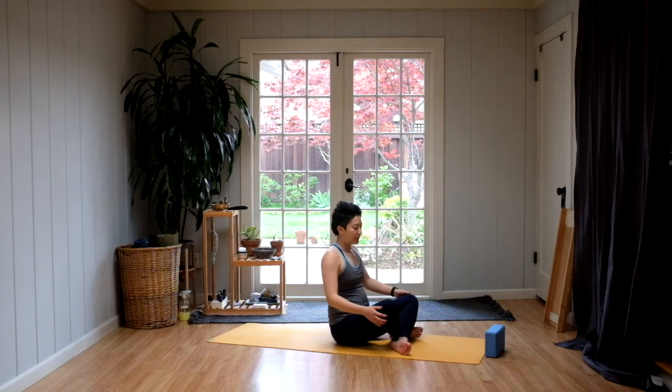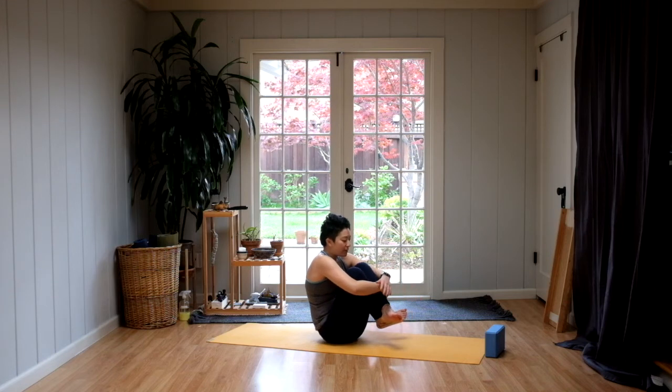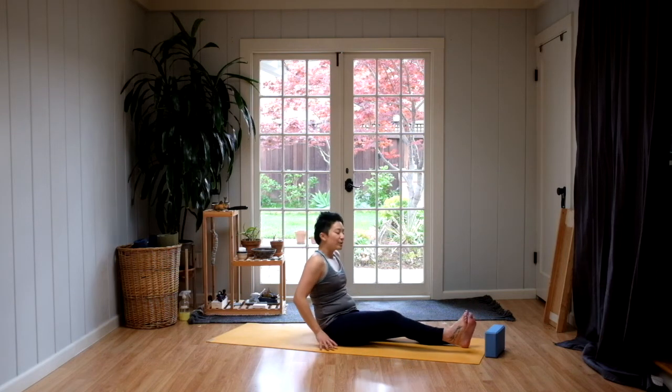From here, we're going to bring the knees into the chest, hug around the knees and lift the toes off the ground. Hugging in, we're going to hover here for three breaths. Bring the chest into the knee. Two. Last inhale. And exhale, release the feet down, legs out in front of you, and torso all the way down